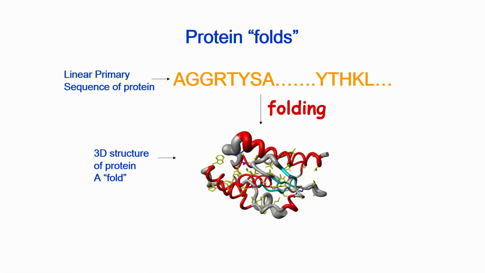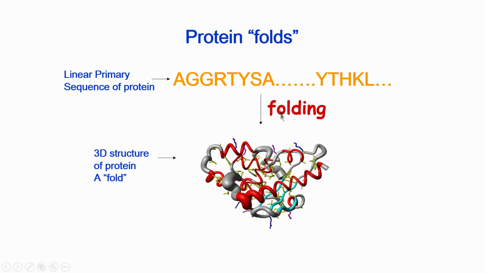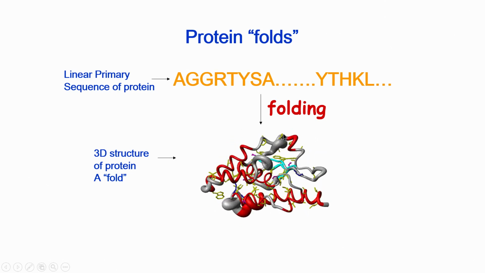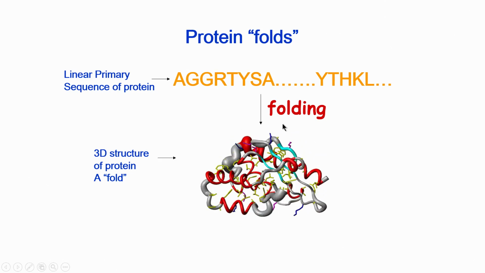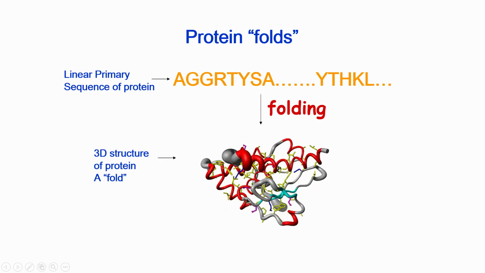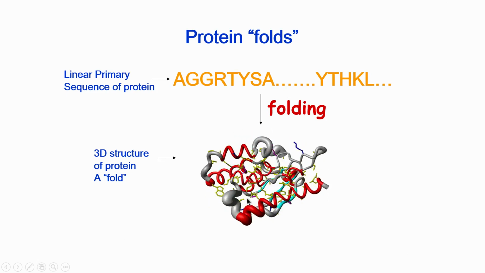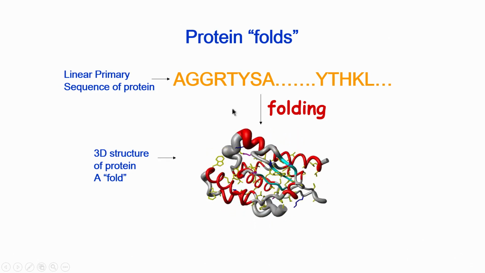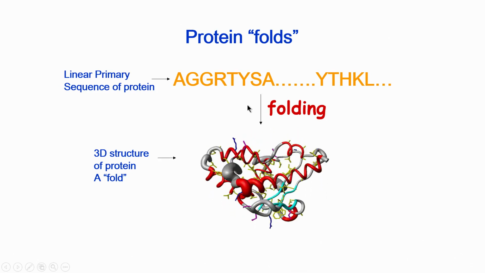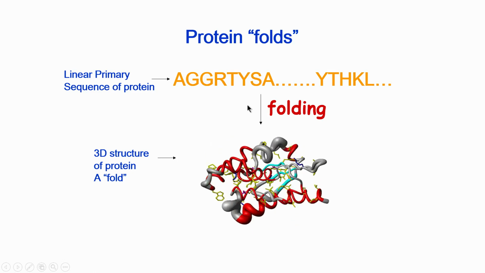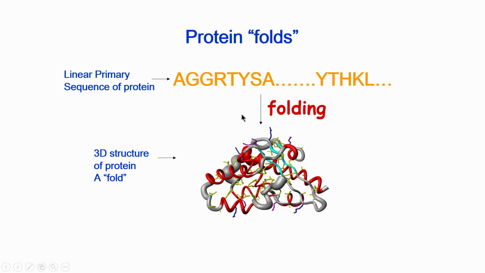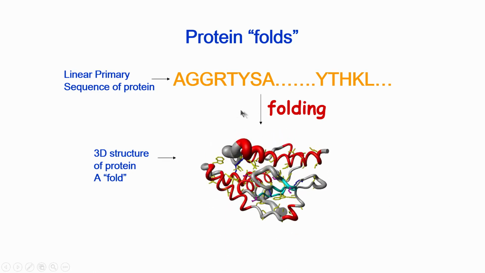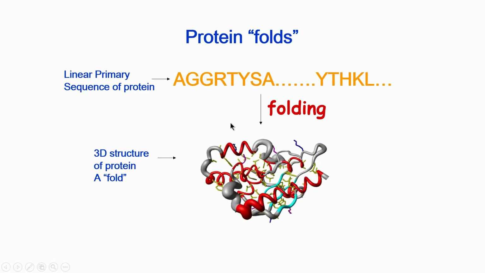What we do in NMR is we do not study this process of folding very often in real time. We study the final 3-dimensional structure which is already formed. We can study the intermediate structures from here to here. You can study some kind of intermediate structure if you can arrest or hold that structure at different time points. That is something which we will not look into in this course.